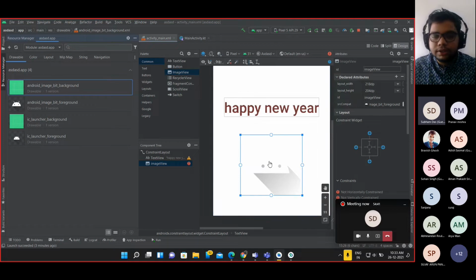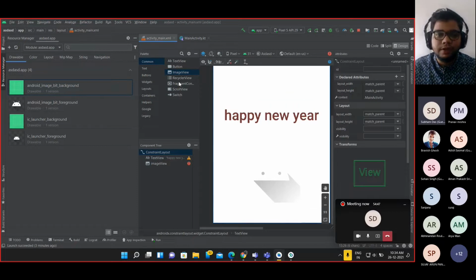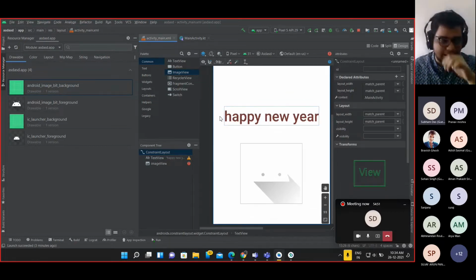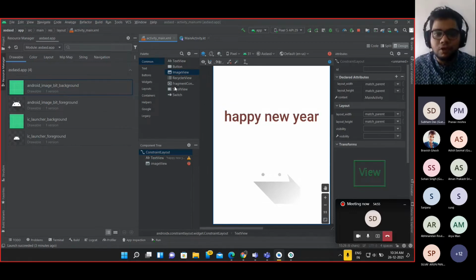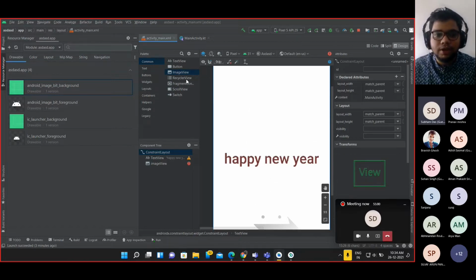Now you can create a really good application that looks good. You can add images, you can change the colors, you can add fonts, you can add more views. And once you are building, say, a big application or an industry level application, you would have a lot of views inside this. It would get hard to manage.